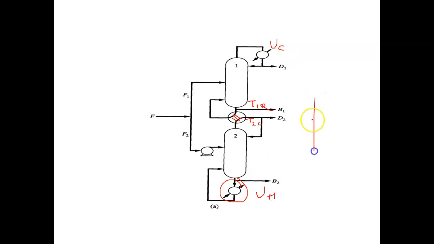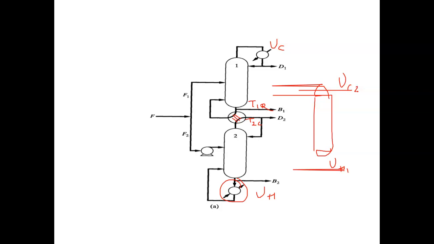So this is cold utility and this is hot utility. If I compare it with only a single column, in a single column I'll require hot utility 1 and cold utility 2. So this will be much more than UH and UC, right? So we split the load, hence the total amount of energy required would be less, but then the same energy